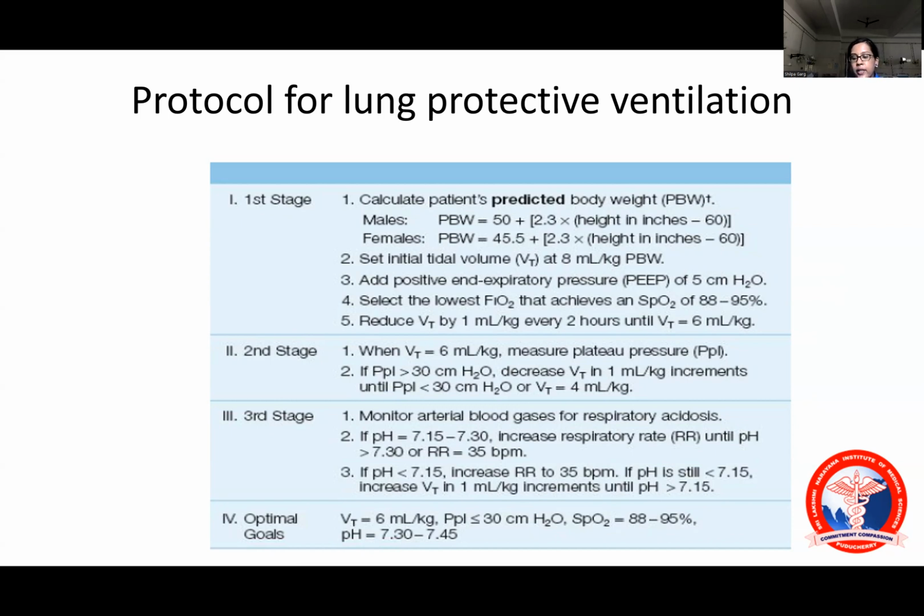So the initial tidal volume, as I said, there is a range. It is between 6 to 8 ml per kg ideal body weight. Let's consider that we start with 8 ml per kg body weight. Then we have to start adding PEEP. Positive end expiratory pressure, we add to keep the alveoli open. Physiological PEEP is going to be 5 centimeters of water. If the patient is in severe hypotension, then we can reconsider increasing the PEEP, because PEEP is going to reduce the preload to the heart, which in turn will reduce the cardiac output. So it is based on the hemodynamic status of the patient.